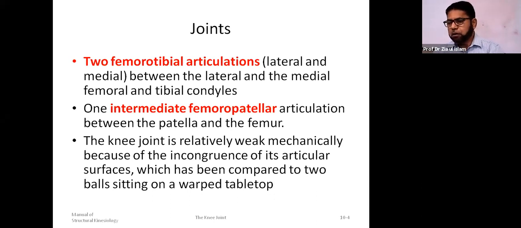Now, the knee joint is relatively weak as we can compare it with the hip joint, which is a very stable joint because you have the head of the femur fitted within the acetabular fossa. It has a ligament, it has the muscles, so that is a strong joint. Knee joint is relatively weak mechanically because the surfaces of the two bones,